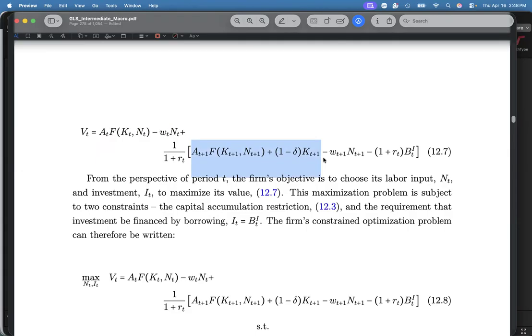Correct. The remaining capital, kasi 1 minus delta na lang yung matitira, right? Delta mawawala. Maglalaho siya parang bula. Pero yung matitira sa'yo is 1 minus delta. Yun ang ibebenta mo and then you'll consume it, right? And then, on the right-hand side with the negatives, those are your gastos. And you can interpret the dividends in period T plus 1 also as your operating profits in period T plus 1. And the reason why they're called dividends is because ang dividend, in case you're not aware of it, is yung profit from the firm that goes to the owner. Who owns this firm? Household po. The household owns the firm.